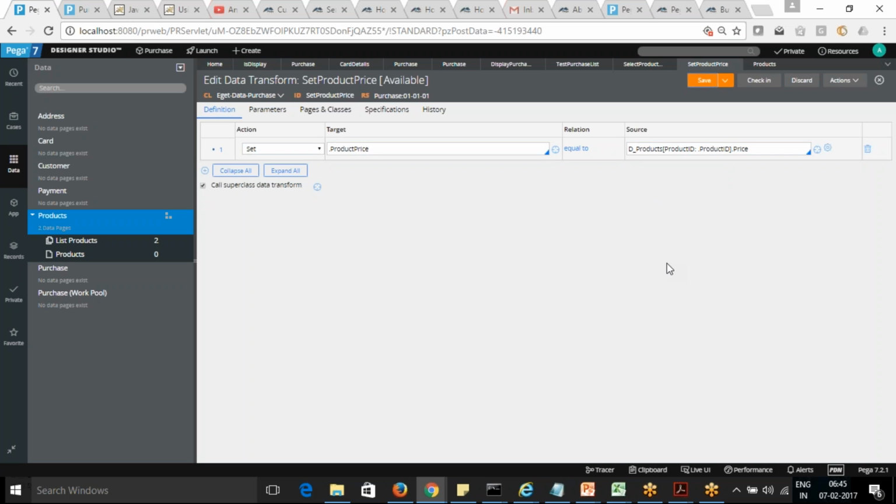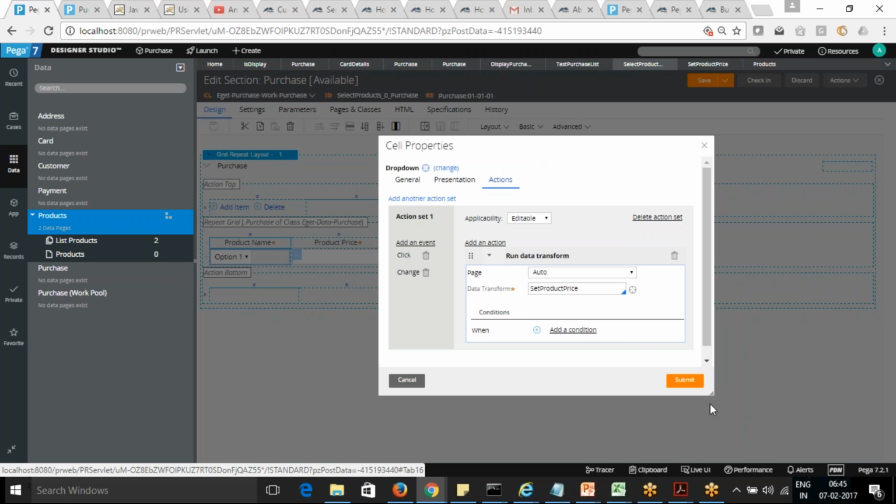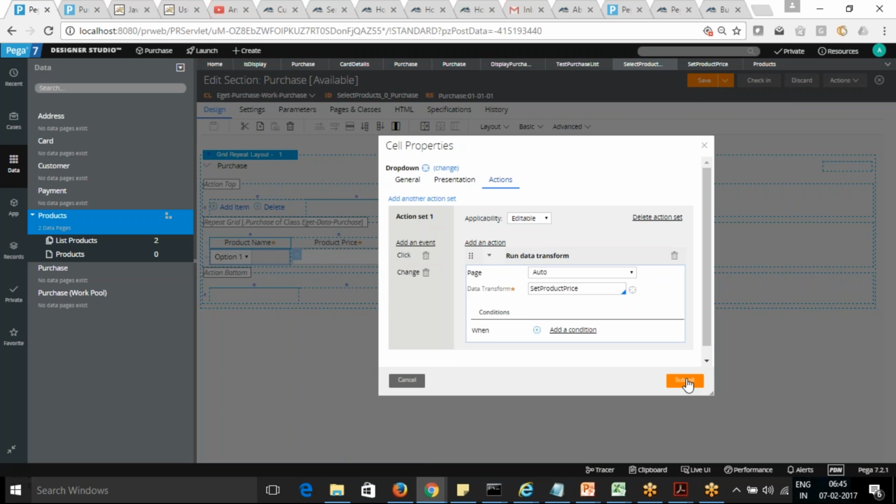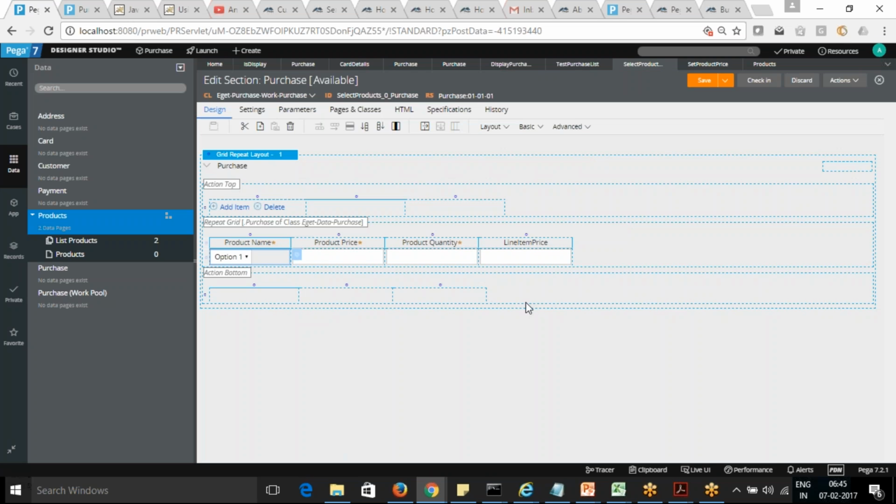So now if you see this, like I said, the data transform gets the price of the current item. So this will run and we'll get the price of that.